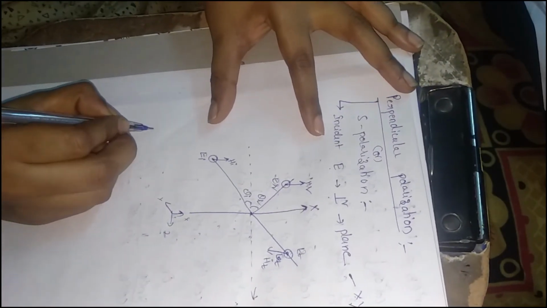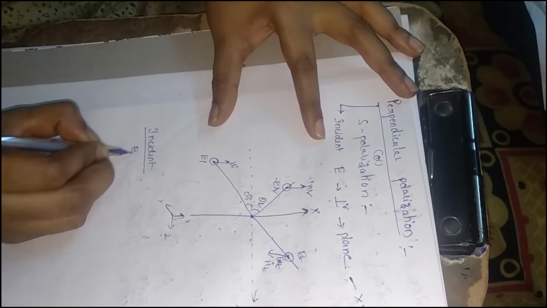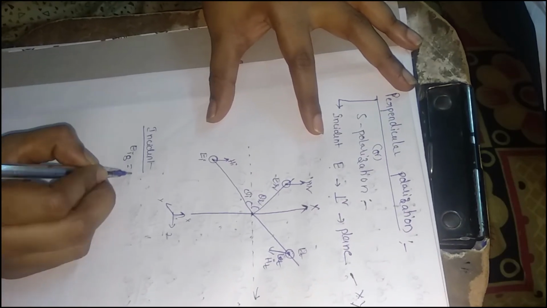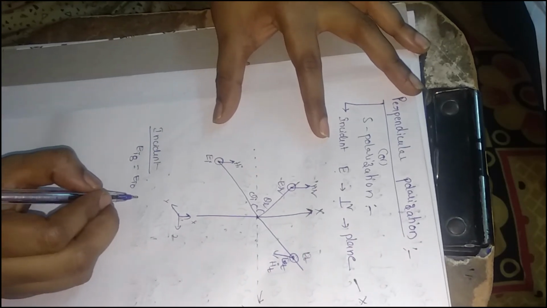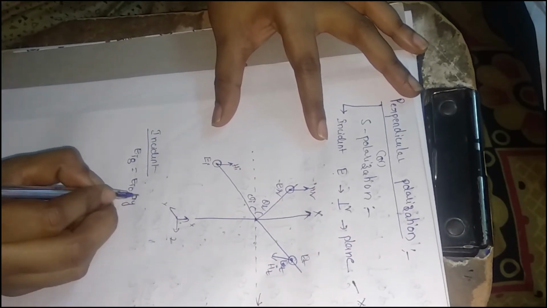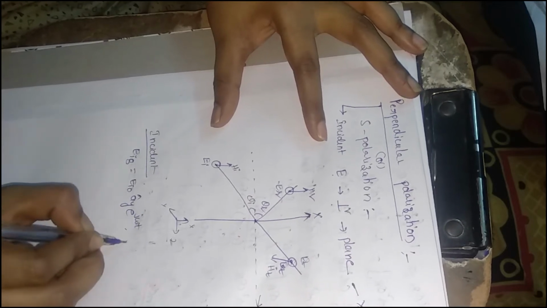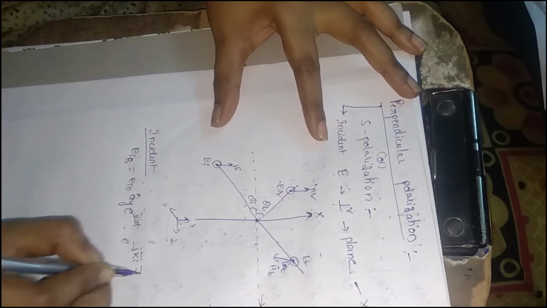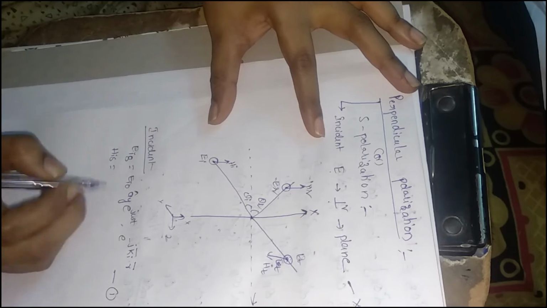So therefore, the incident wave EIS, I am directly defining as EI0 into AY cap, e power j omega t, into e power minus j ki bar dot r bar. It will be equation number 1. And the magnetic field HIS is,